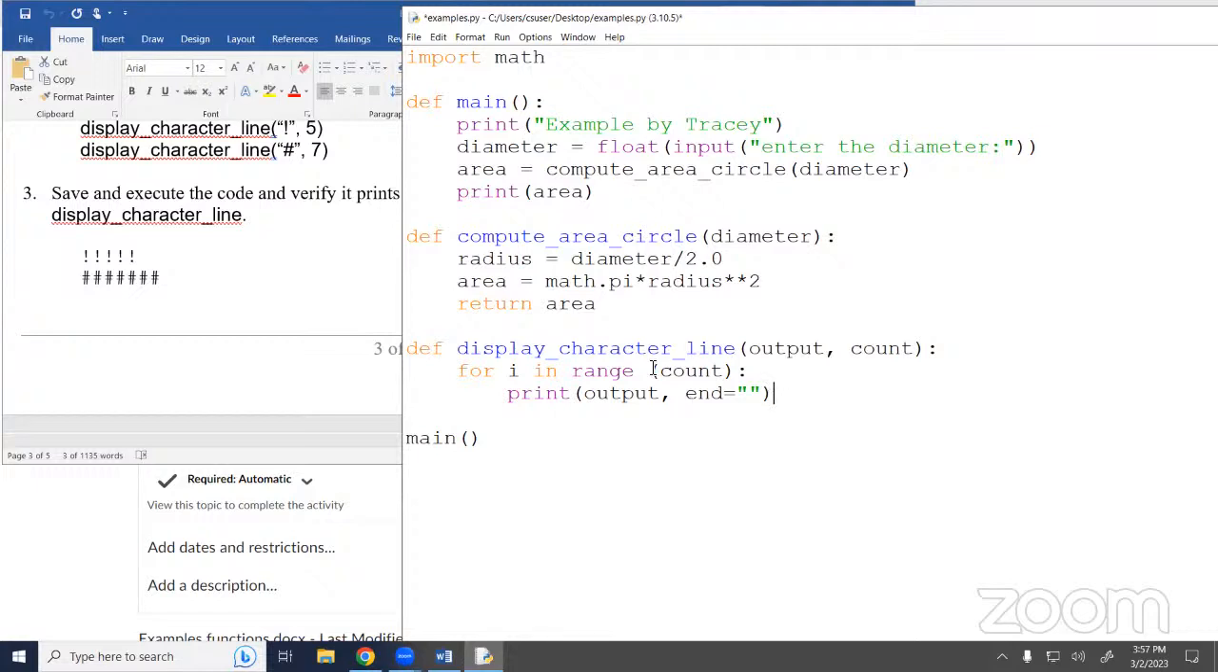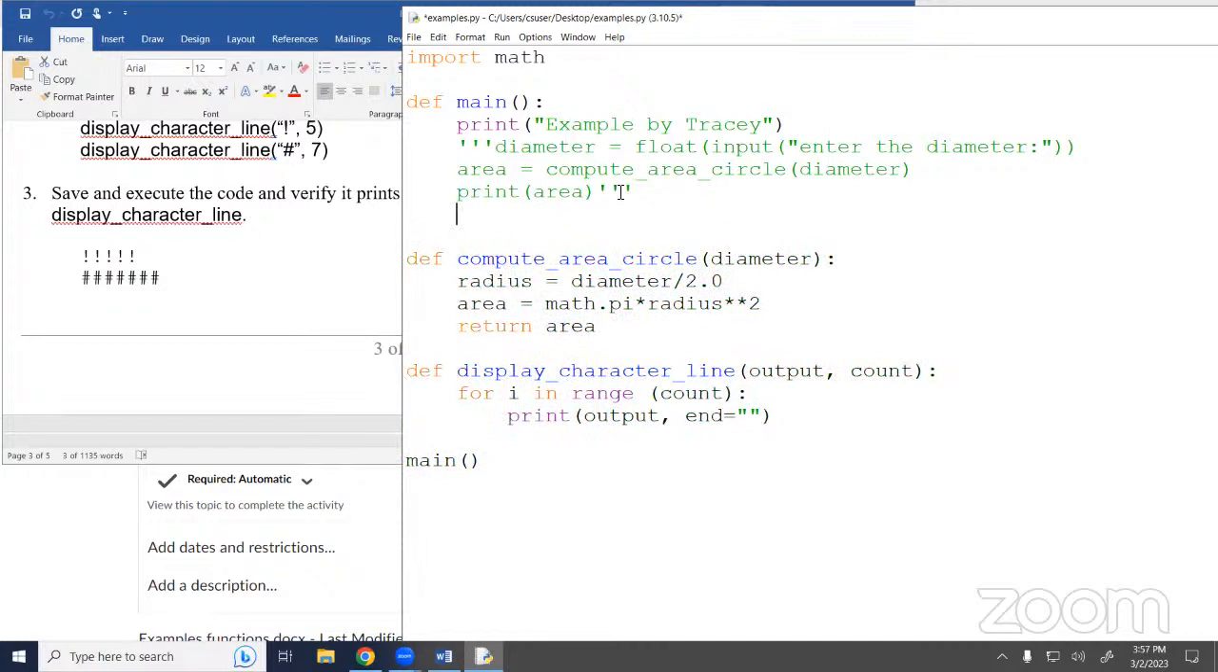So now, this one's not returning anything. It's just printing stuff. And to save us some time, I'm going to comment stuff out so I don't have to go through all of the tests for all of them when I'm testing this one section. Now, if I do this, display character, and I give it an exclamation point and 5, it should